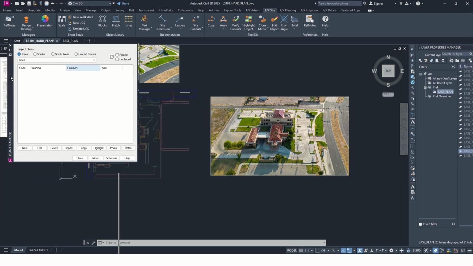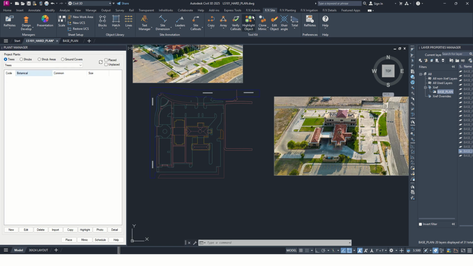Okay, I just want to show you guys how land effects works at a really basic level. Anytime you open up one of these tabs, you're going to be given a manager over here. Now for the plant manager, if you click new,